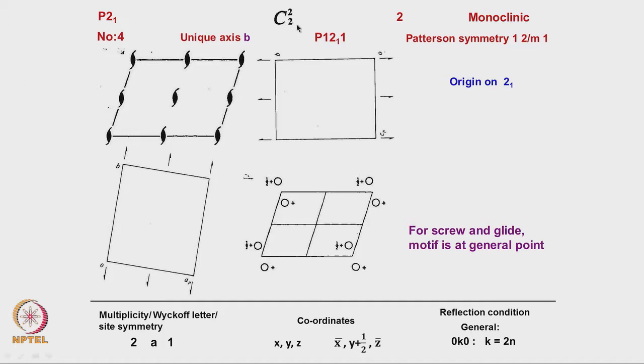Now, in this table, in the International Union of Crystallography tables, each page corresponds to a particular space group, and a number is given. Like here, this number is 4, which is given for this one. And then it is written monoclinic, and this one shows the point group symmetry corresponding to it.